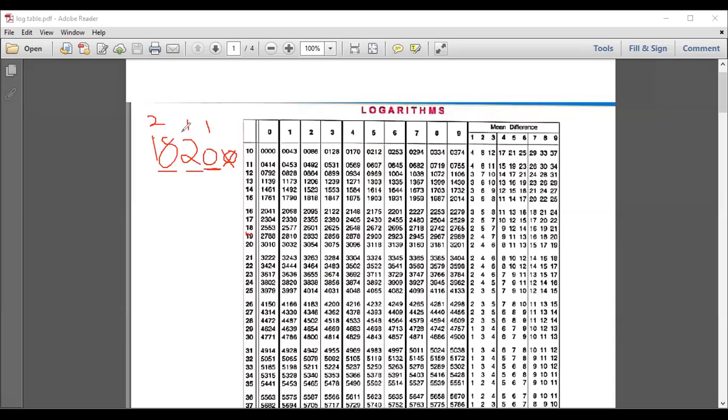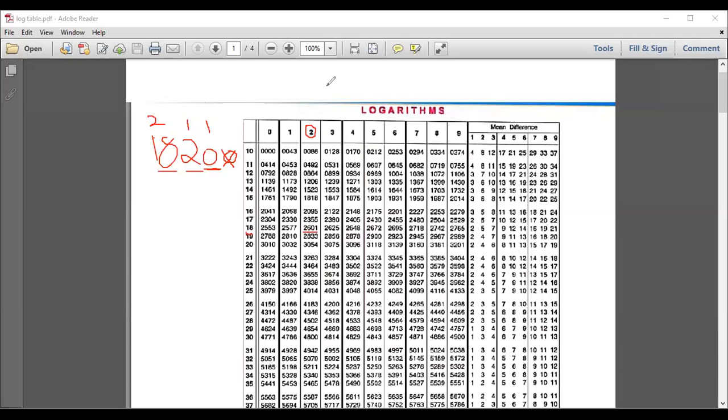Now in 1 I have to see which column. I have to see column number 2. So can everybody see column number 2? See. So we have to look for 18 under this particular column. That is column number 2. Now when I see 18 in this column number 2, can everybody see the digits 2601 over here? Yes? So सबको 18 के under column number 2 में 2601 दिख गया?